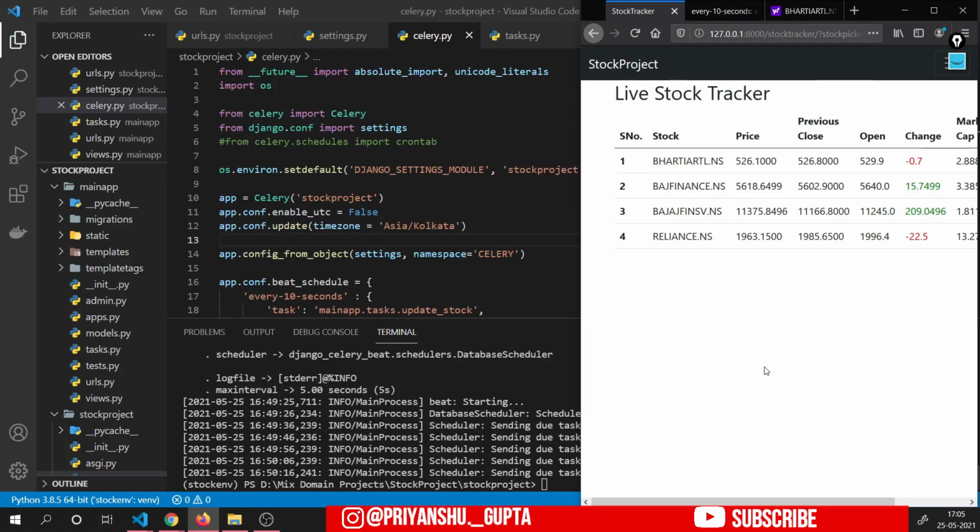This is going to be an amazing video because in this video we are going to integrate Django channels to our Django project so as to use WebSockets to update our front end again and again, to send the real-time stock data again and again to the front side after regular intervals, so that users can keep track of real stock updates.